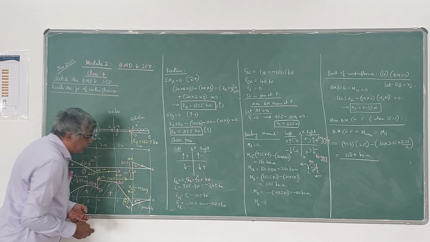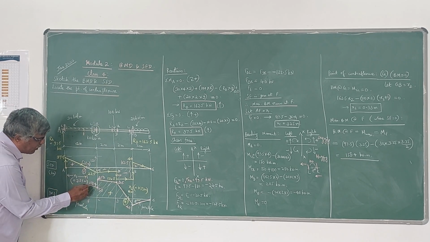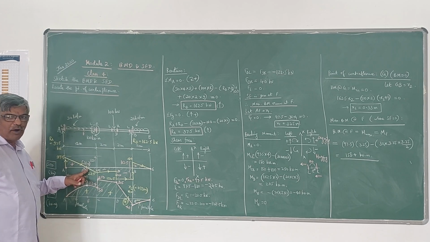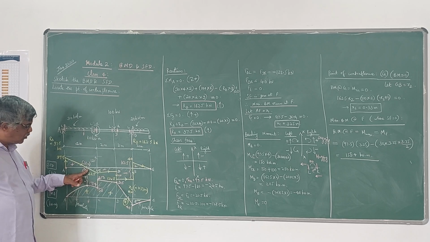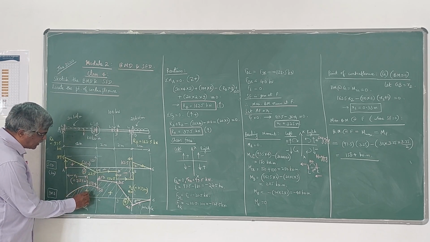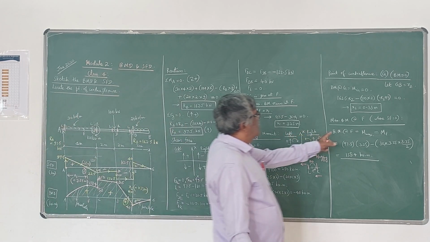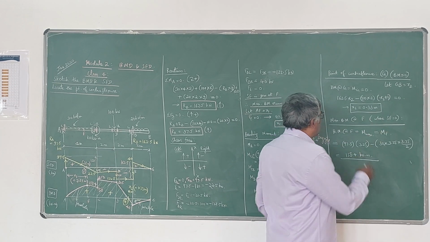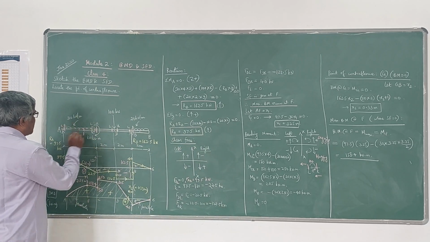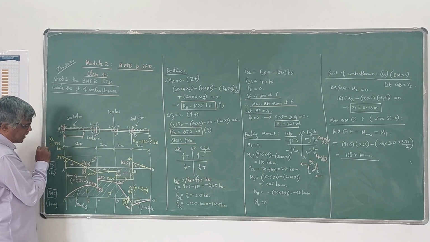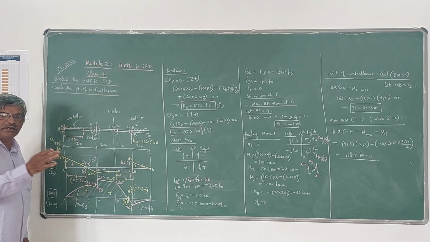So now I have plotted all these values, but one very important thing here is we have already found out that at point F, shear force is 0. At the point where shear force is 0, you can expect maximum bending moment. Now one more step we have to do, that we have to calculate the maximum bending moment at F. So that I have done here, maximum bending moment at F where shear force is 0. What you have to do is, you have to take that point F. F is here now, this distance we have calculated, it has come to 3.25 meter.